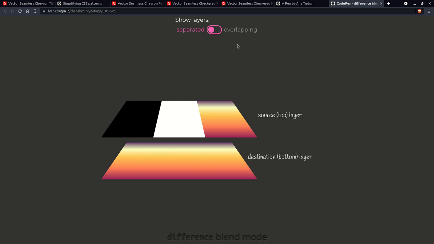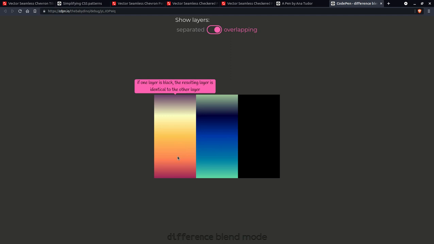It doesn't really matter. Now if we overlap them and we use that difference blend mode, if one layer is black, the resulting layer is identical to the other layer. If one layer is white, the resulting layer is identical to the other layer inverted. So if we have black on black, then the result is going to be black. If we have black on white or white on black, then the result is going to be white. If we have white on white, the result is going to be black. Okay, so